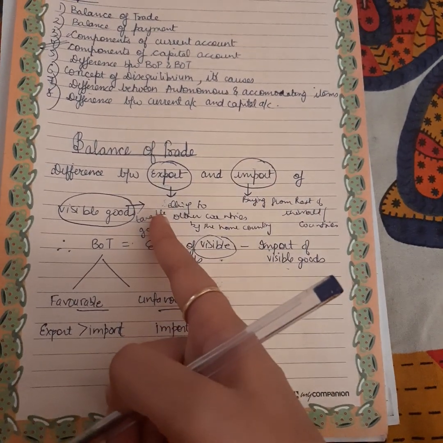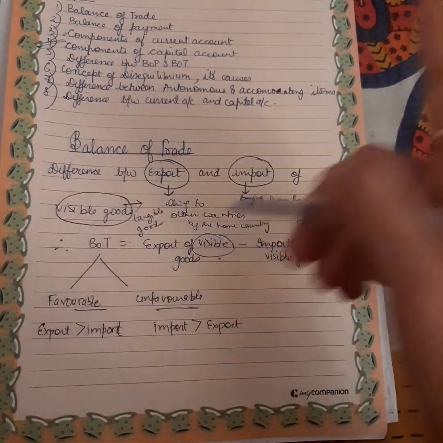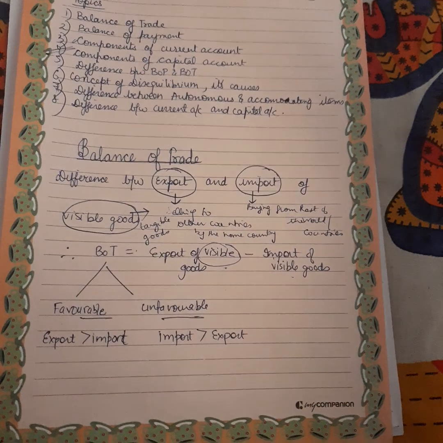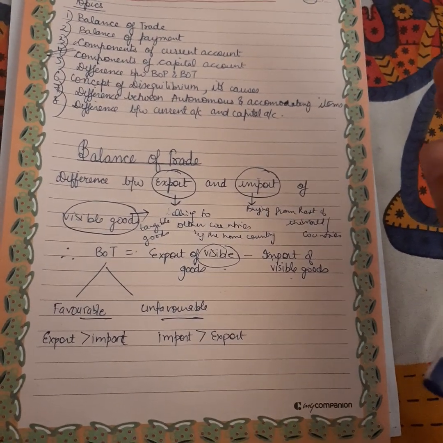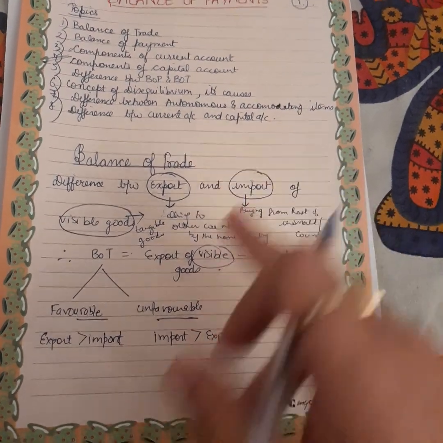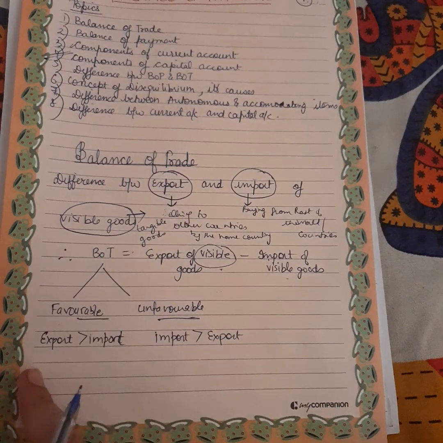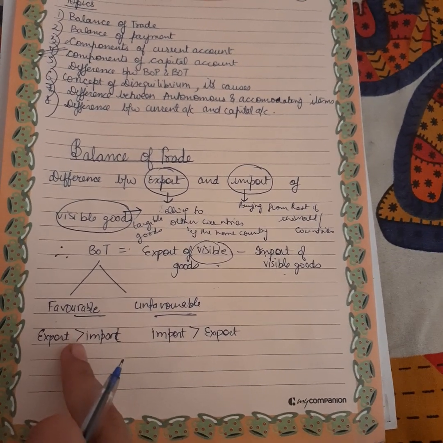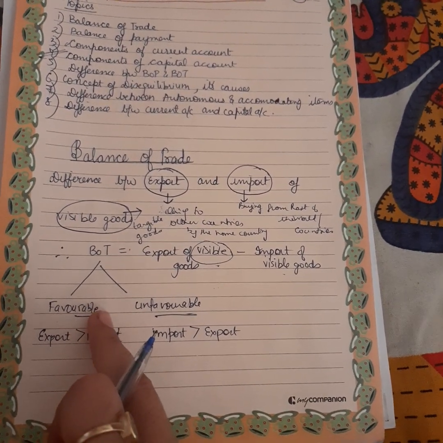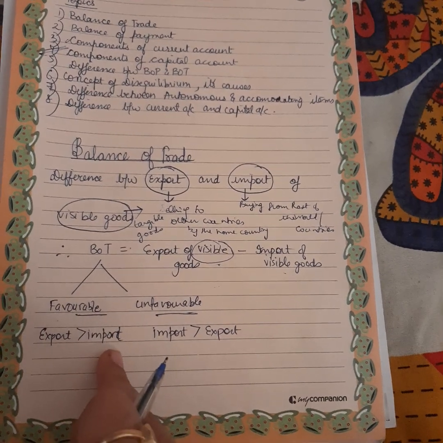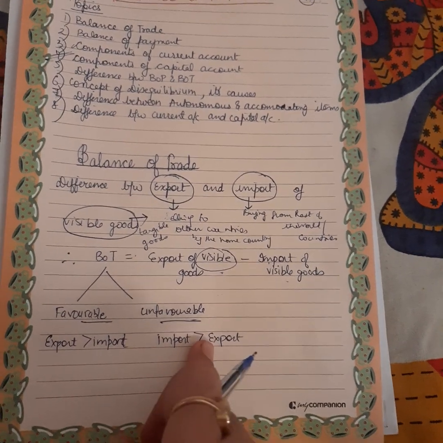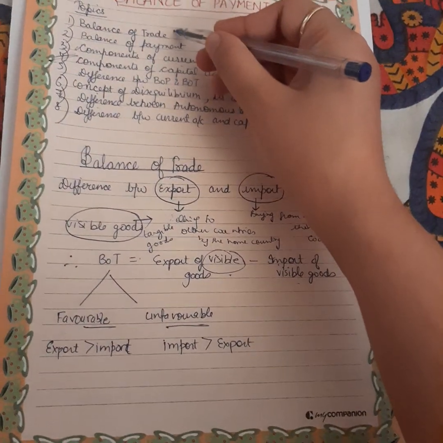Next, when is balance of trade favorable? Normally, let's talk normal. When will your situation be favorable? When your sales are better than your purchases. Similarly here also, balance of trade will be favorable when export is greater than import. Export is a synonym of sale, import is a synonym of purchase, and obviously it will be favorable when export will be greater than import, and it will be unfavorable when import is greater than export. So that's all with the balance of trade topic we have completed.